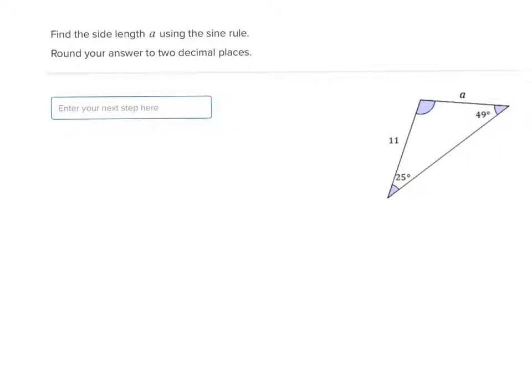In this question, it asks us to work out the side of length A. It's not a right angle triangle, so we can't use SOHCAHTOA. We're going to use the sine rule, which hopefully you've just looked at. Now, I know I can use the sine rule because we can use the sine rule whenever we have a